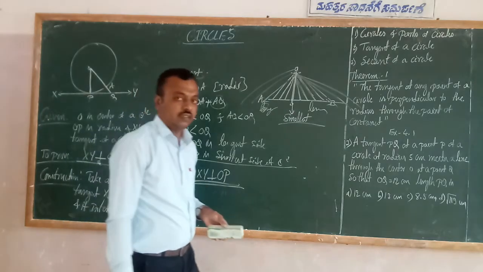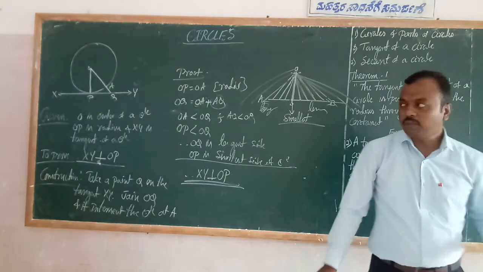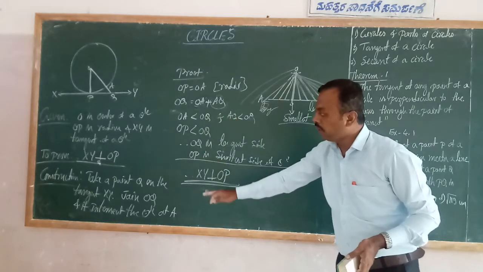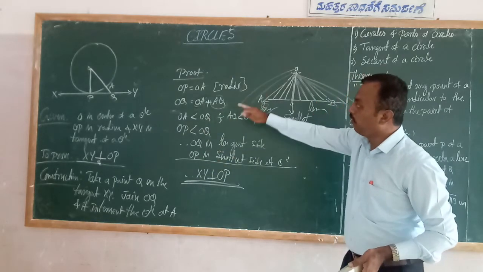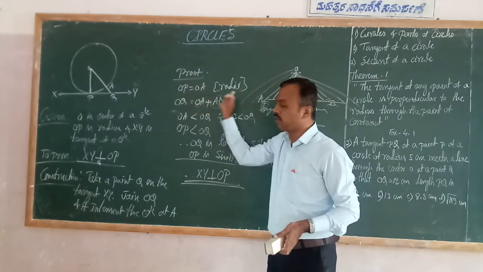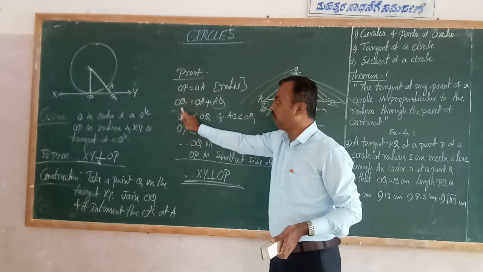That's it. Are you understood? So like this you have to prove it. Very simple, students. First write down the given, to prove, and construction, we already know it, and the proof is very simple. OP is equal to OA, we have to take it because of radii of a circle. This OQ can be written as OA